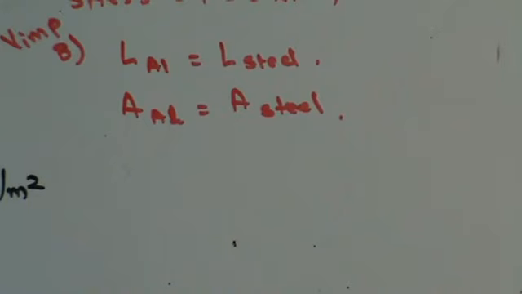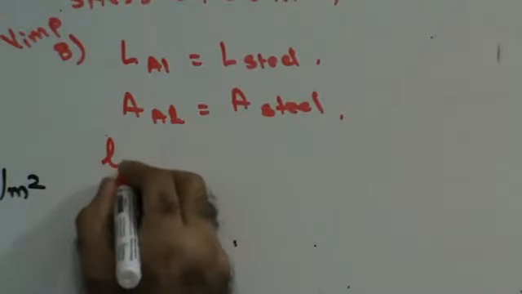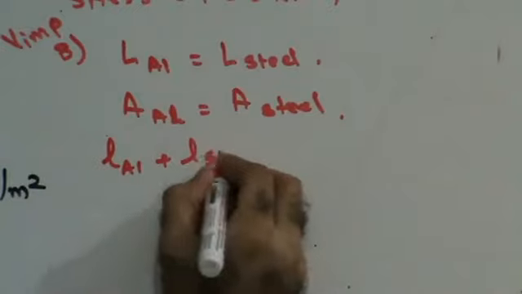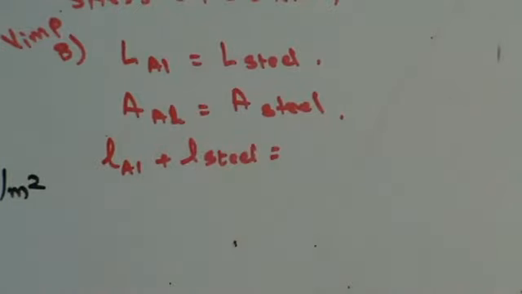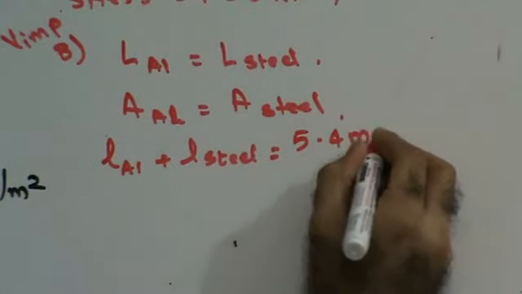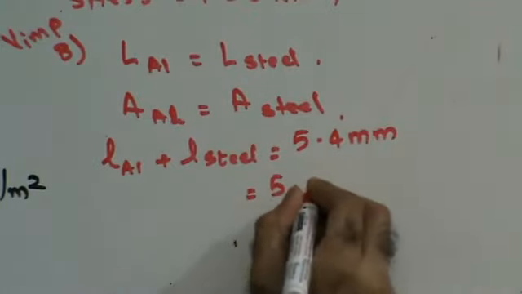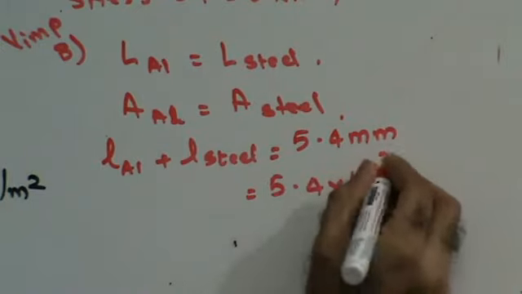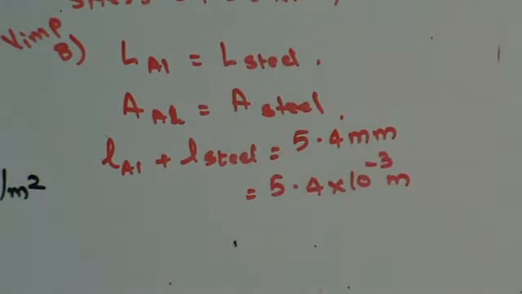If the increase in the composite wire is 5.4 millimeters, find the increase in the length of each wire